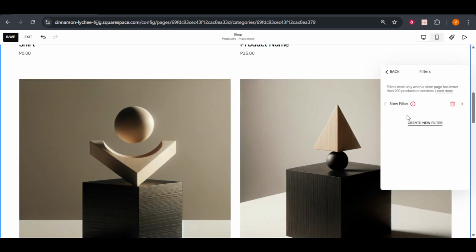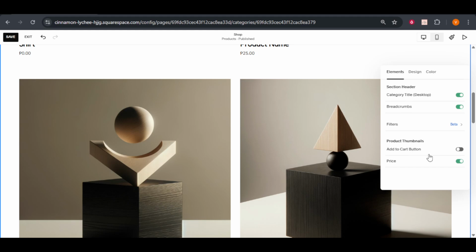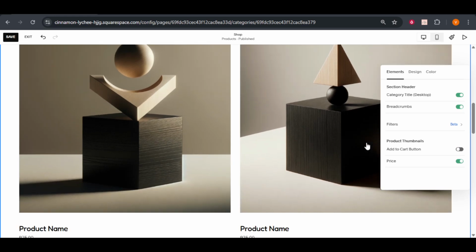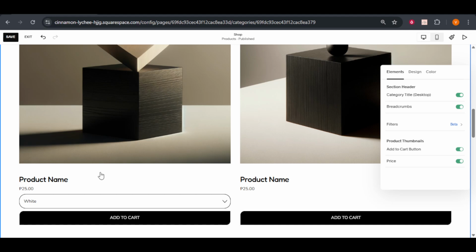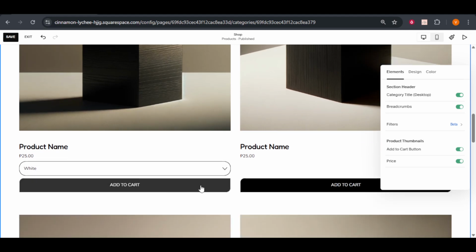Of course, no product page is complete without the essential Add to Cart button. This button is a critical component as it enables customers to purchase directly from the page. Make sure it's prominently displayed and functioning correctly. You can add this by selecting the Add to Cart option and positioning it near the product description or price